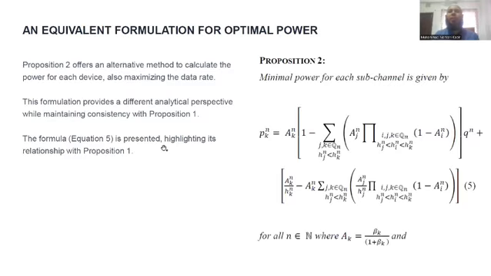There is another proposition that tells us that the minimum power for a device, for a user equipment, is given by this formula. That means the P, the power allocated for each device, is given in terms of AN, A, and H. A is again given in terms of beta. So beta is again given in terms of W, WS, and R. So that means the power ultimately is given in terms of data rate, the subchannel bandwidth, as well as the channel to noise ratio.